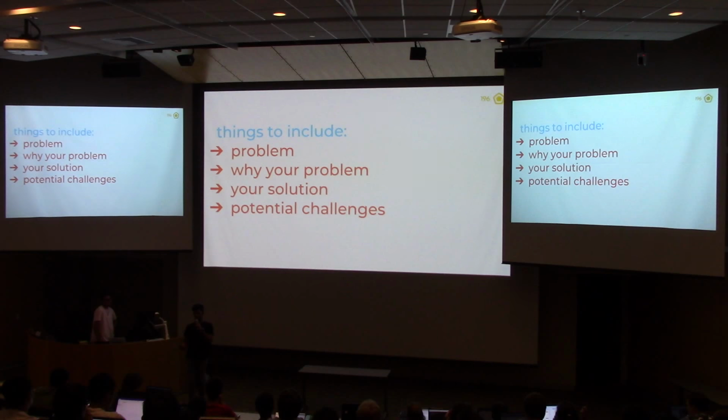And then the potential challenges. You shouldn't be exaggerating what your solution is, or how big the problem is, or just this entire idea. You should be talking about the potential challenges, because that also gets people really interested. People want to work with you because they want to work on solving problems. Nobody wants to work on something that's already perfect and just ready to go. You should talk about the potential challenges, the shortcomings. That helps people get inspired to work on this, or it'll make them run away. Either way, it's really important to have.